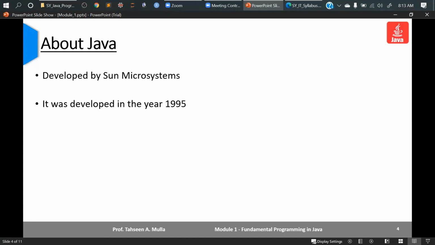Later on, James Gosling and the Java team decided to name it Java. James Gosling is the father of the Java language. He is the developer of the Java programming language, and along with his teammates he was the main contributor in developing it.